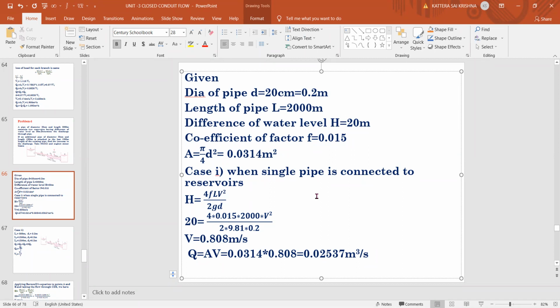Suppose in the same problem, if he's asking to find by using minor losses, we need to check whether the pipe is increasing in size, any contraction, any expansion, if anything is there. Those formulas we need to additionally add at the sections where it is happening. Okay, so for this problem, no need.